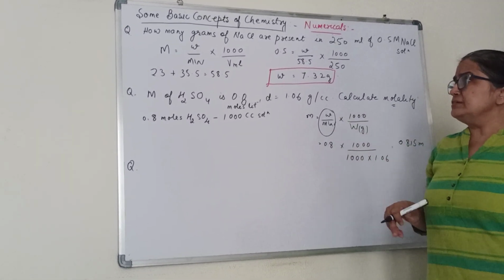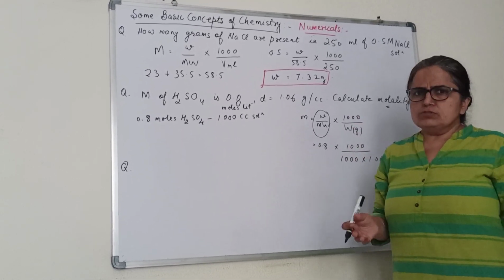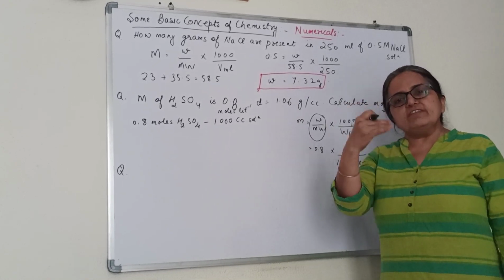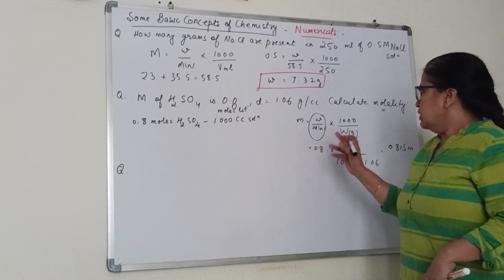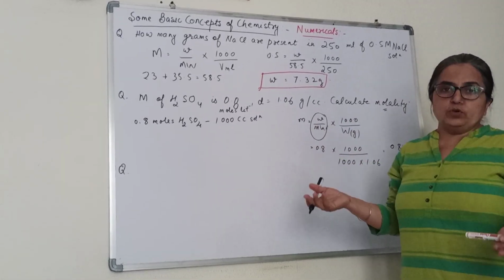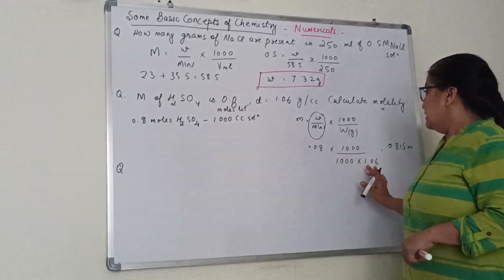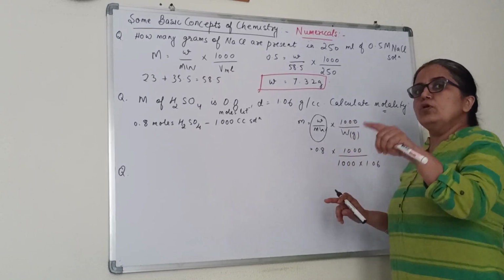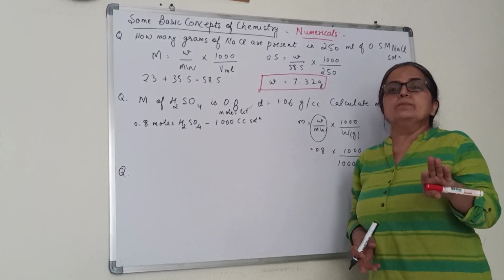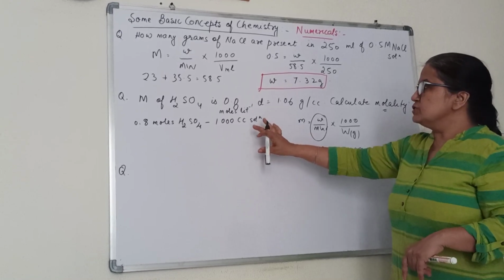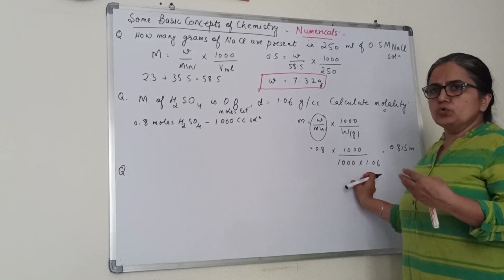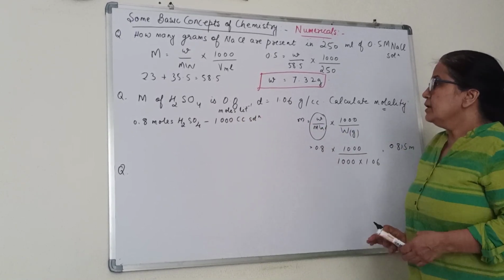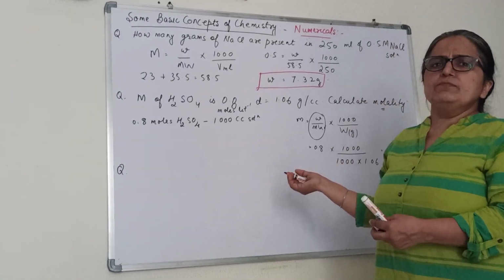In the same question, children, sometimes mole fraction is asked. Then also it's not that easy, not that difficult. We know the mole fraction is number of moles divided by the sum of the number of moles. So for that given mass, we can calculate the moles very easily. So in that case, it will be easy for us to solve. See here, I have neglected the moles of the solute in comparison to the moles of the solvent. So whatever is the solution, I have taken directly here. No problem, because the moles were very less, I have done it like this. Is it clear? Now, we can neglect it if you want, we can do it also.